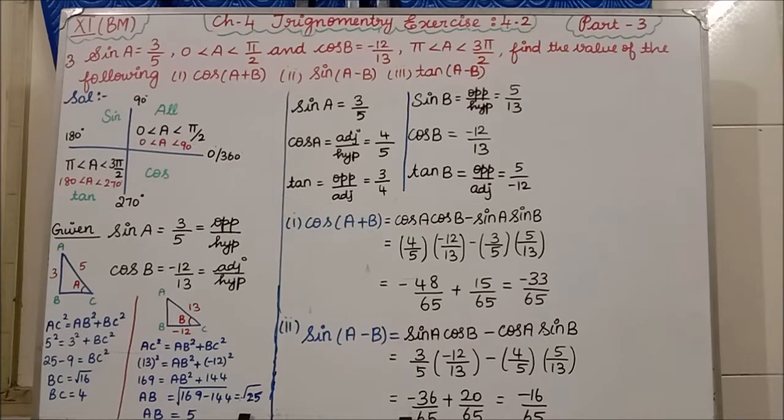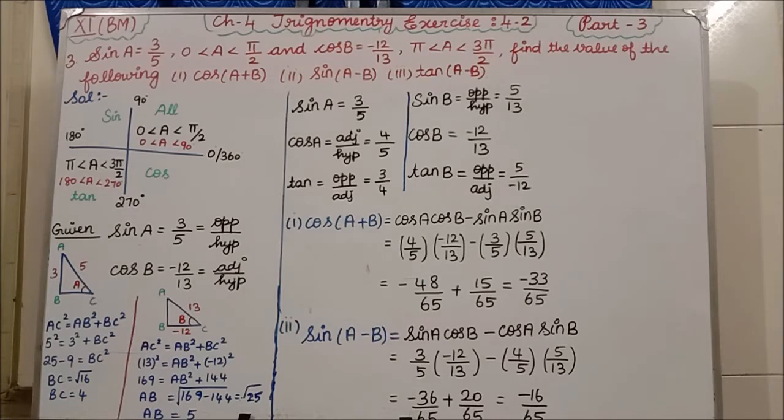Friends, we are now in part 3 session. In part 3, I am going to start the same exercise 4.2 in chapter 4 trigonometry. Students, if you see part 1 and part 2, we have completed exercise 4.1 as well as 1 to 2 problems of 4.2. Are you thorough in that concept? Students, these concepts are very easy. Only small tricks have to be kept in your mind. Now we'll continue exercise 4.2 with the third question.